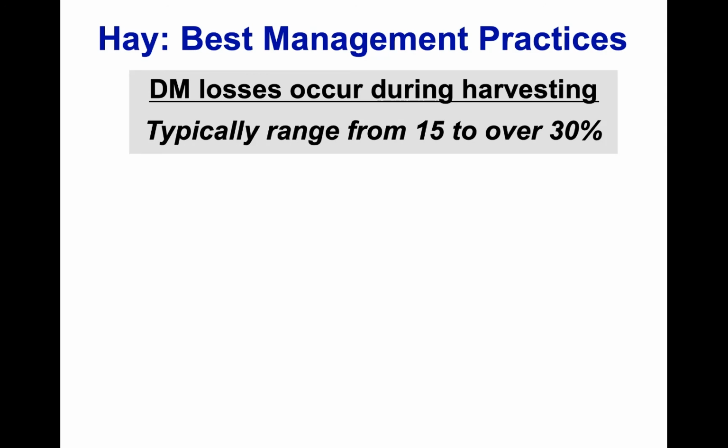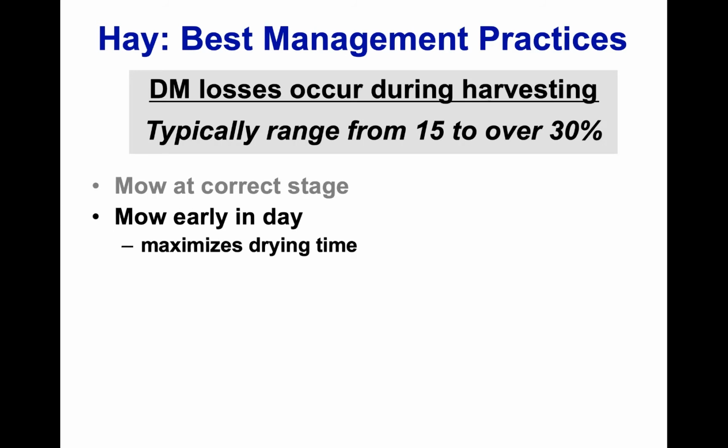So let's talk about some best management practices for hay. We want to mow at the correct growth stage. That's number one on our list, the single most important factor impacting forage quality. We want to mow early in the day to maximize drying time. In our environment, drying time is more important than sugar concentration when we mow. So we want to make sure that we mow as soon as the dew is off in that morning